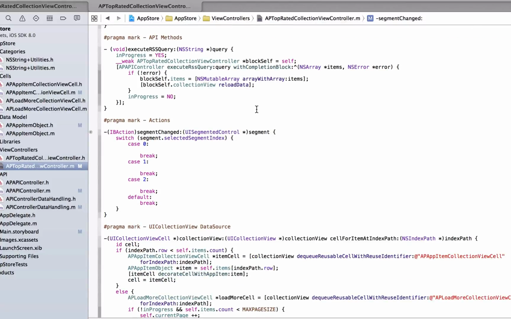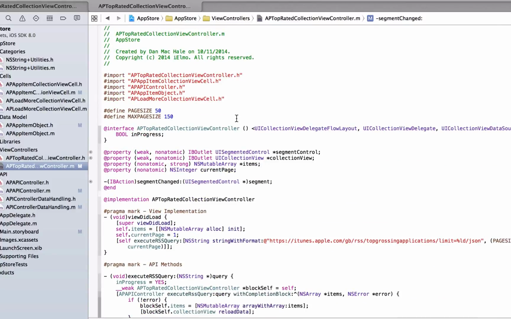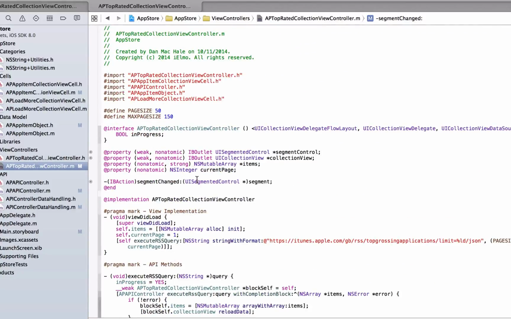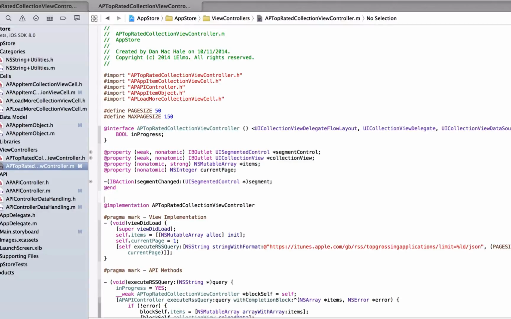So we're going to change our viewDidLoad method a little bit. But first, we need to differentiate what's going to happen when these three get pressed. So what we're going to do is define three static constant strings. And you're probably wondering what that means. I will show you. So above the implementation here, static constant NSString, I'm going to call it topGrossing